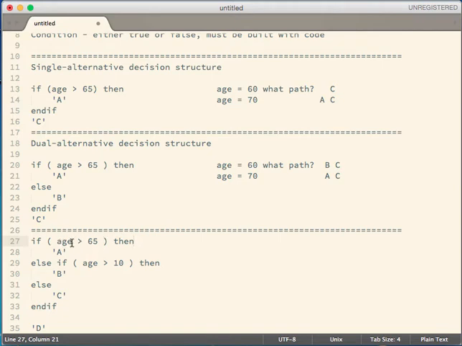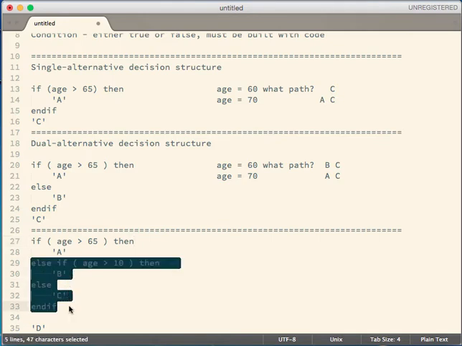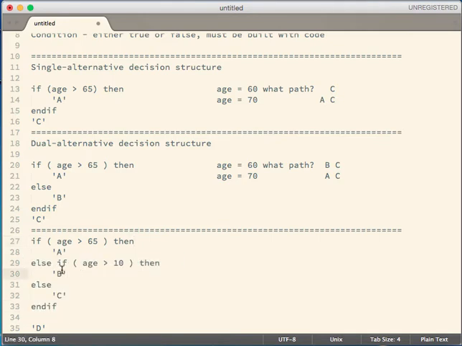The test, there's actually two tests, right? Up in these other cases, there was only one test. Now we have two actual tests that are running. The first test is a single alternative. It's if age is greater than 65. If it is, do A. If it's not, there's no other alternative. Then you have this part of the block, which is a dual alternative structure. Another question is introduced. If age is greater than 10, then do B, otherwise do C. So you can combine single and dual alternative decision structures together